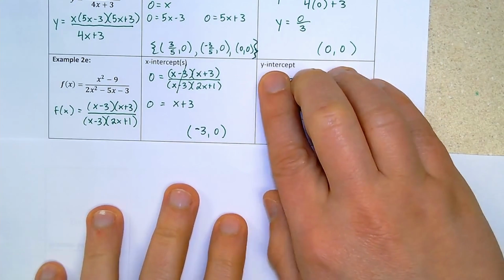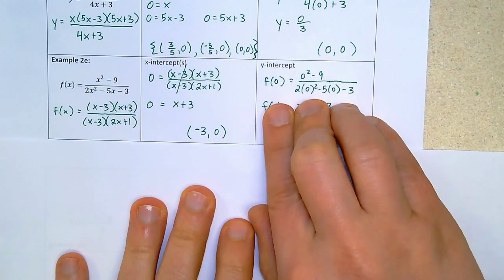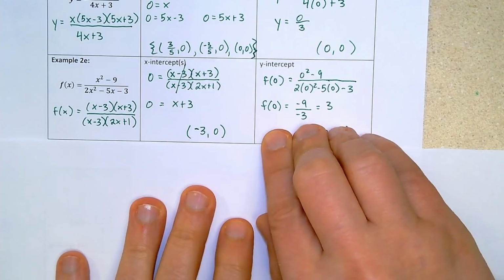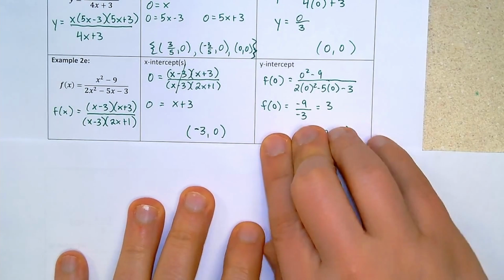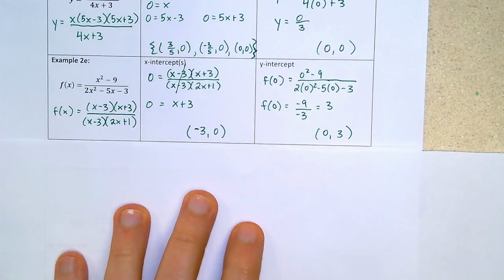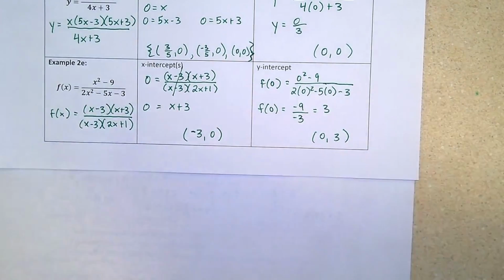Okay, moving on to the y-intercepts, we plug 0 in for all of the x's, we simplify the expression, and that comes down to a y-intercept of (0, 3). Okay, that concludes the intermediate function intercepts. The advanced intercepts